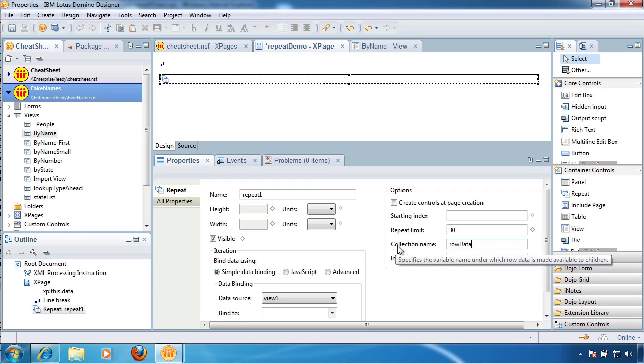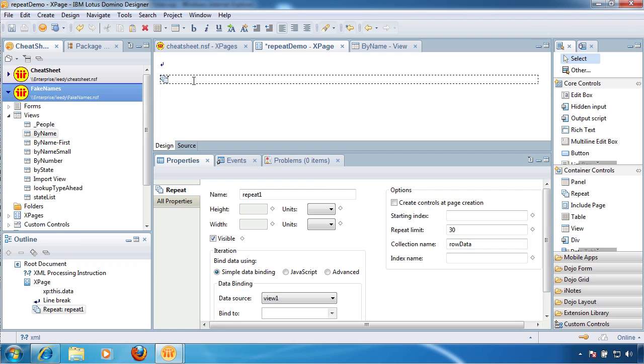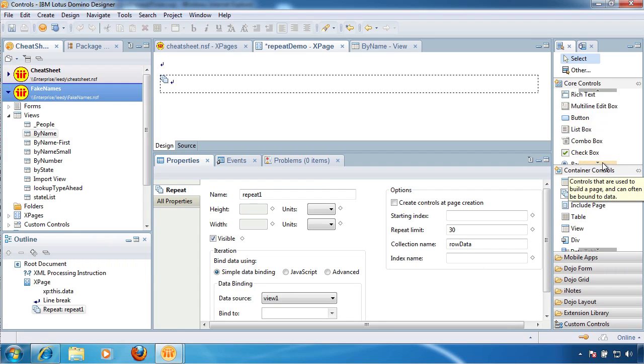Again, what's a collection name? Well, you could read this and still not understand it. All this is the variable name for the row that you're processing, which is why a lot of us, I think, use row data. It's the data's row of that. So that's kind of like where that name came from. I think Nathan originally did that one. So now what kind of happens here is I'm going to just first drop in a computed field